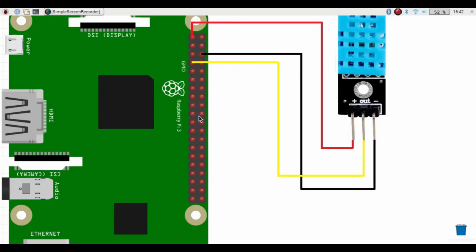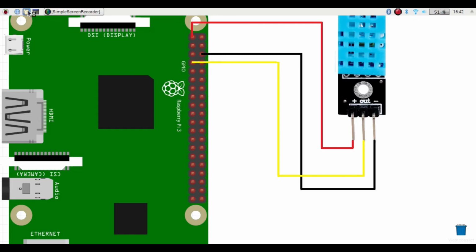Now we will see how to run this code. So before going to this chapter, it is very important to install the Noobs OS into Raspberry Pi. So if you haven't installed the OS into Raspberry Pi, please watch my first video. In that video I have explained how to install the OS into Raspberry Pi. I will give you the video link in the description, so check out that video also. And second important thing is you have to turn on your Wi-Fi. You have to connect your Wi-Fi with Raspberry Pi before starting this code.